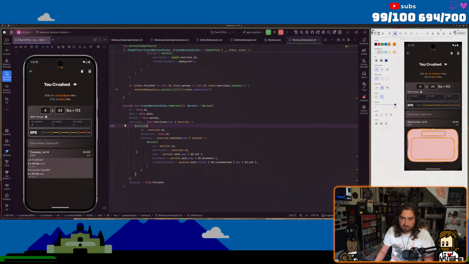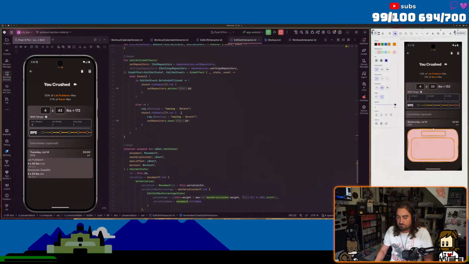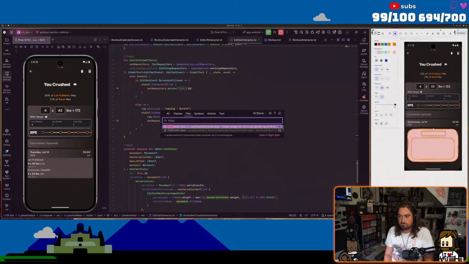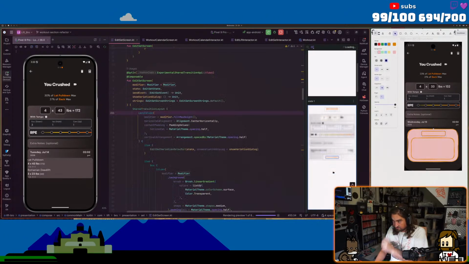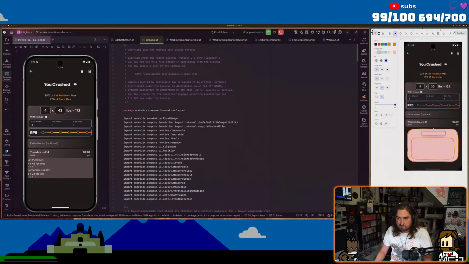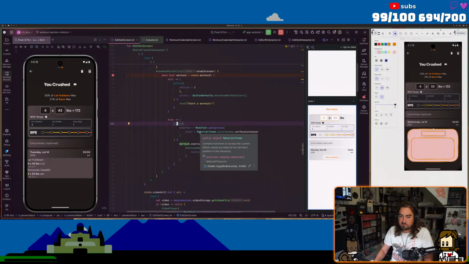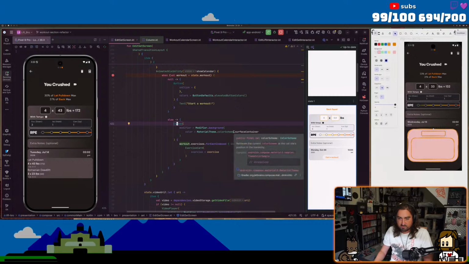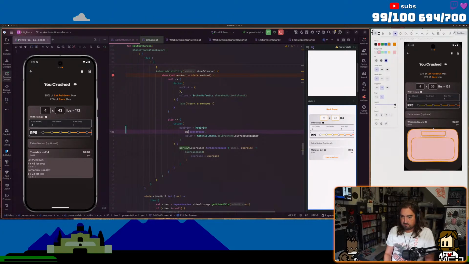Okay, so now we click in here. We've got to go to the edit set screen. So now we know that this is all going to appear correctly, or at least when it should. So now let's start looking into this. This is a background with surface container, but this one should have,